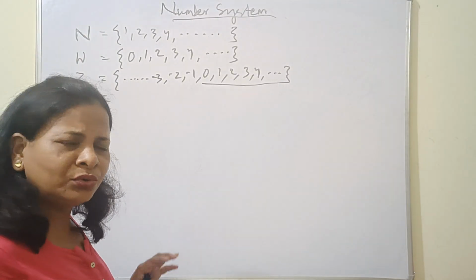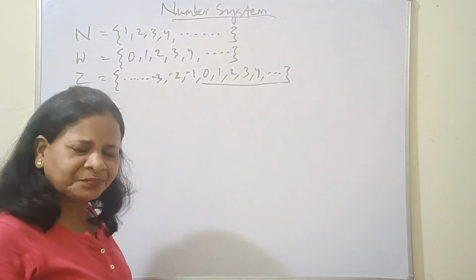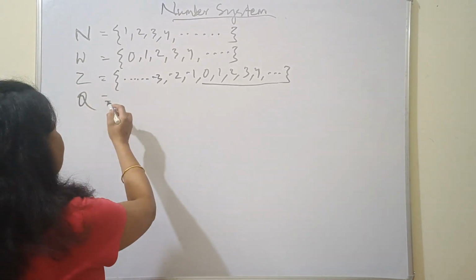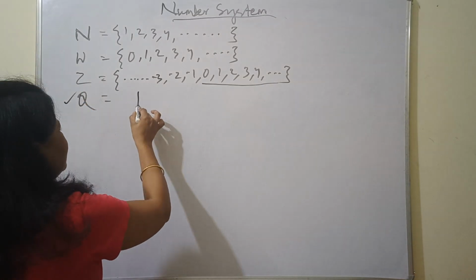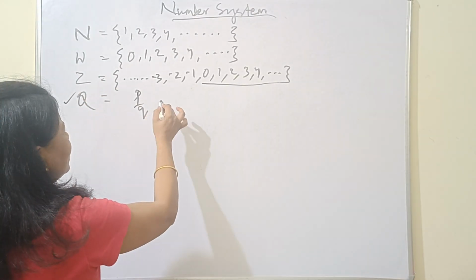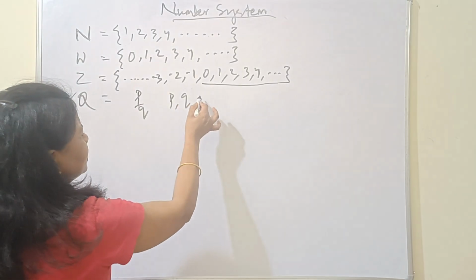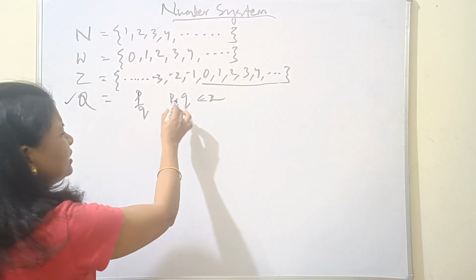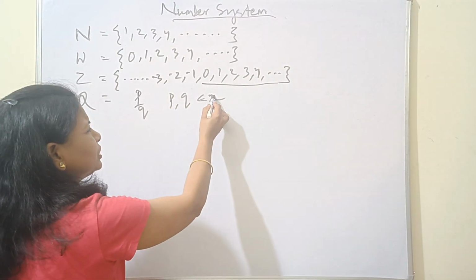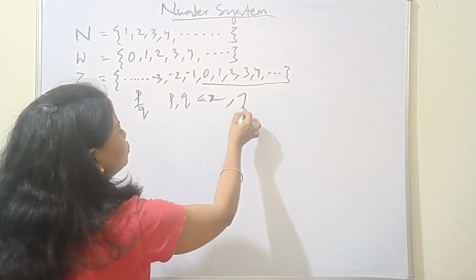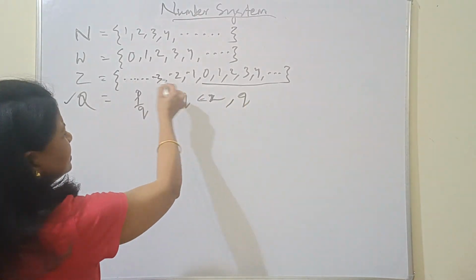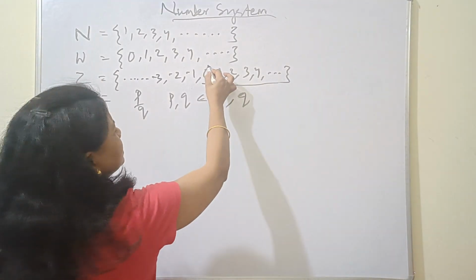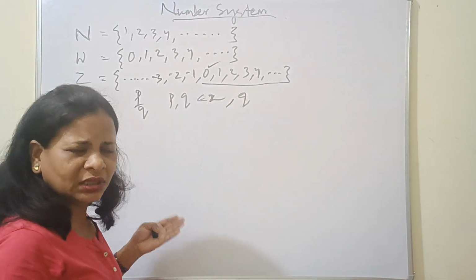And before telling you what the rational numbers are, let me tell you something. It is such a number which can be written in the form of P by Q, where P and Q are integers, and Q is an integer, P is an integer, but Q should not be the integer 0, because all the integers are the negative natural numbers and all the whole numbers. So 0 is also